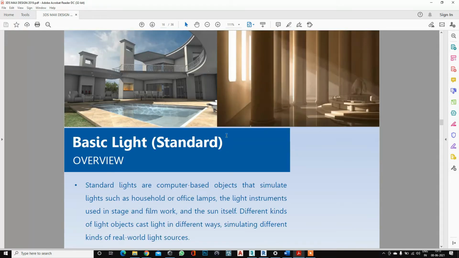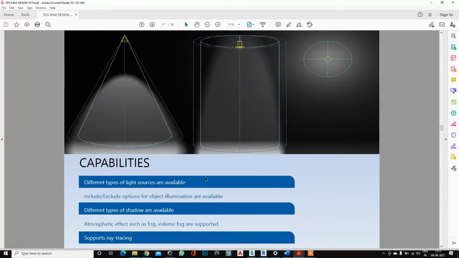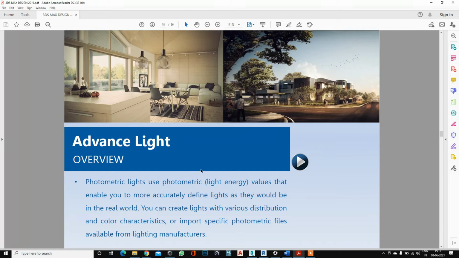This is the basic, like standard light, which is sunlight, right? And this is artificial lights. We can use cone light, spotlight, etc. And the advanced lighting, which is HDRI lighting. This is called HDRI lighting. It's also called advanced lighting. It's all done in 3ds Max only. No other software can do this kind of effects, right?